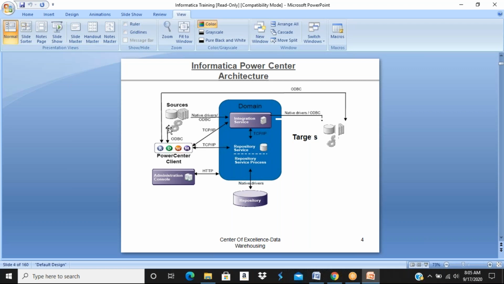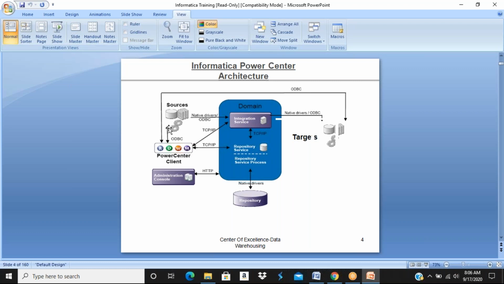But how are they stored? Here comes the repository server. The role of the repository server is that it is a communication layer between client components and the repository database.